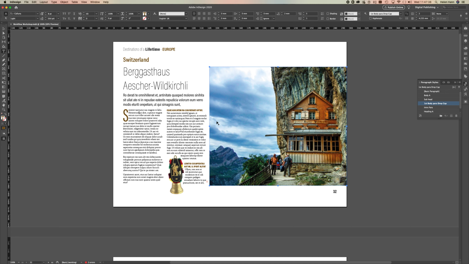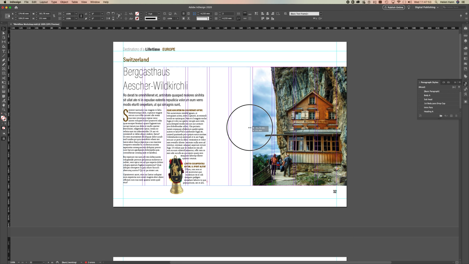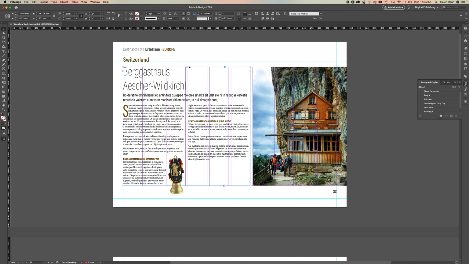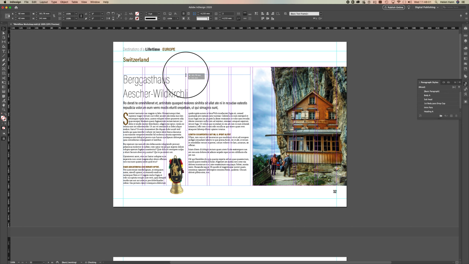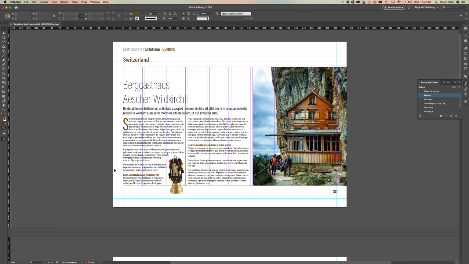So let's just switch on my guides. Now to switch on my guides, I'm using Command, and I'm just going to make my picture a different size. So I'm just going to bring that in to 2 column widths, and I'm going to stretch that out, and you can see that the type reflows. And if I just drop this down, if I do it slowly, I can actually see it happen, like so. There we go, and you can see that was super easy to just edit that text